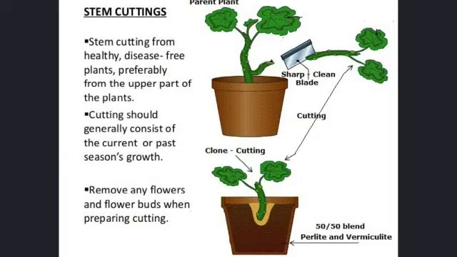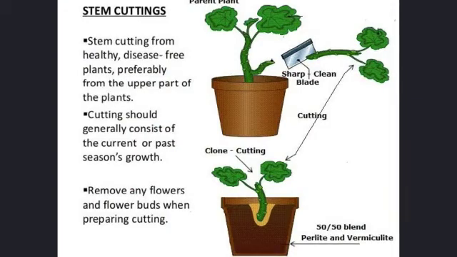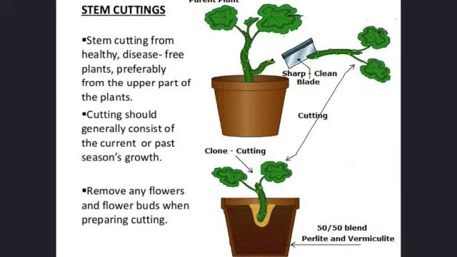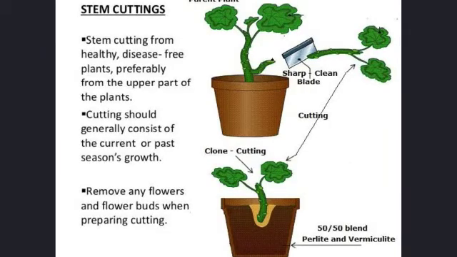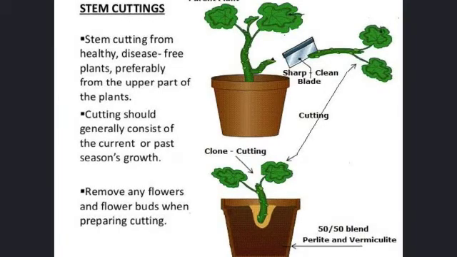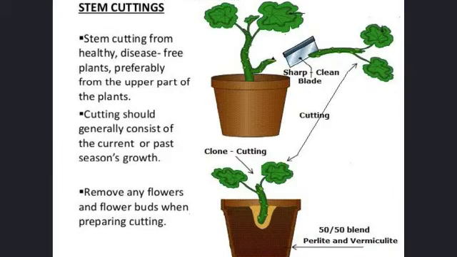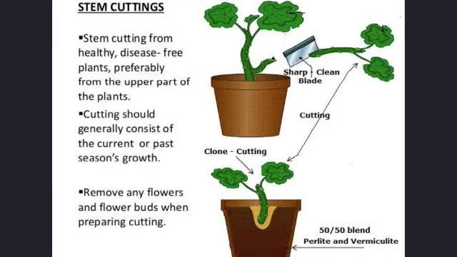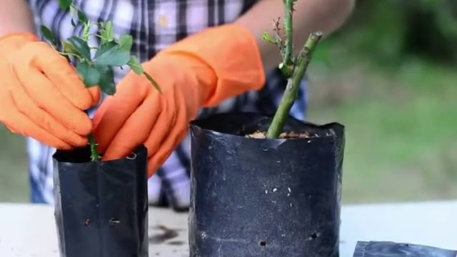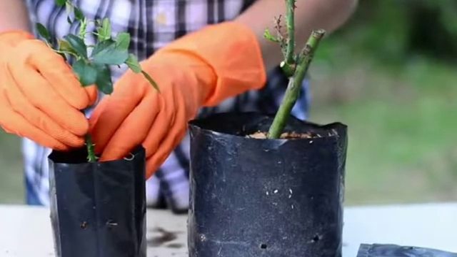Things to keep in mind for following stem cutting method include: first, the parent plant should be healthy and disease free. Second, always cut out stem from the upper part of the plant. Third, use a sharp and clean blade. Fourth, cut out that part of the stem which is having flowers or buds. Stem cutting method is preferably practiced for commercial flowers like rose.